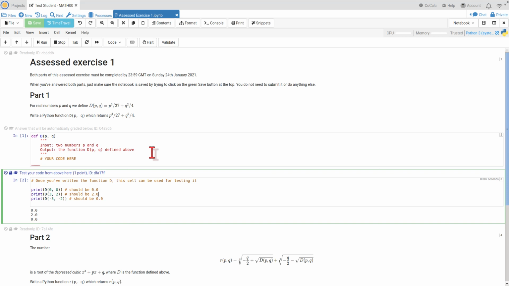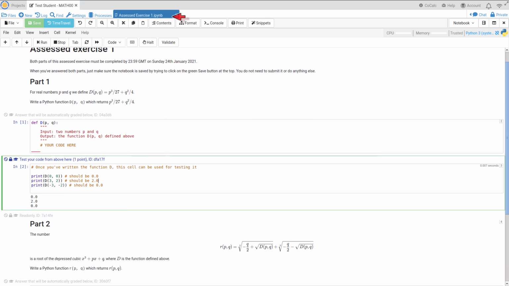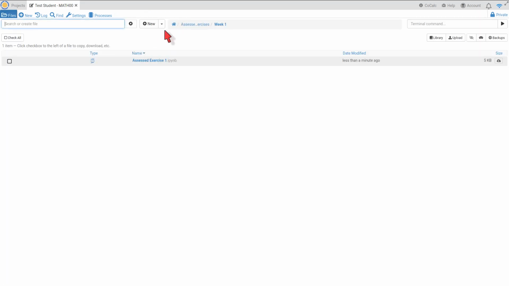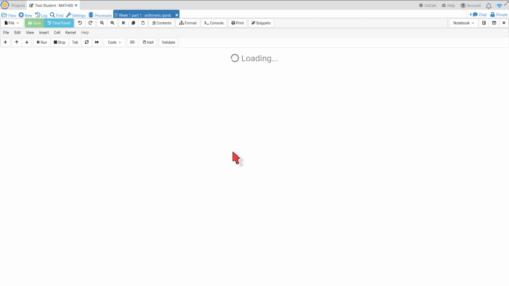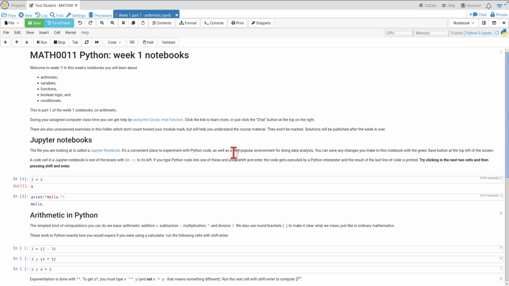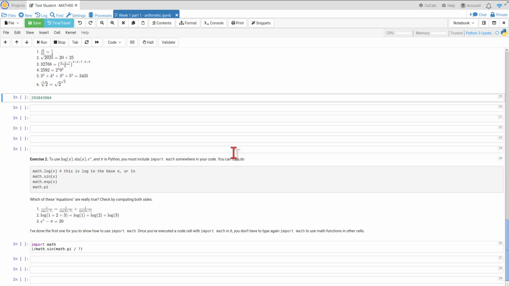Okay, let's return to the weekly notebooks. So I'm going to go here, then I'm going to click on the home link to take me back to the start, then in the weekly notebooks, into the week 1 folder, and back into our first notebook. I'm doing this because I want to talk about the computer classes that you have for